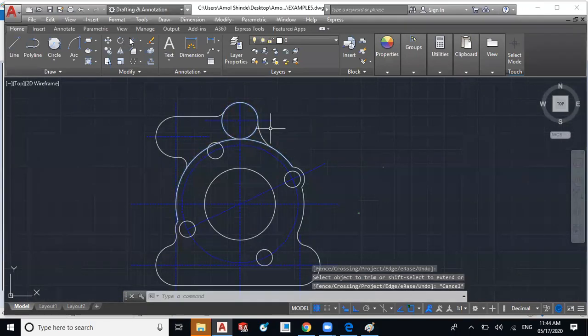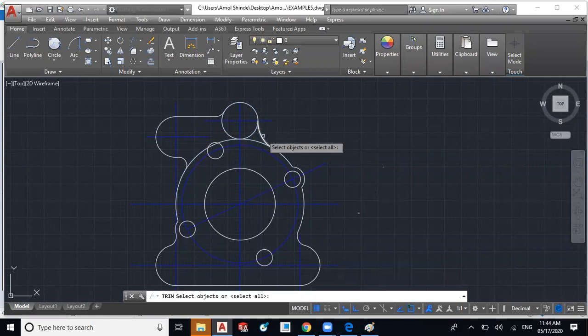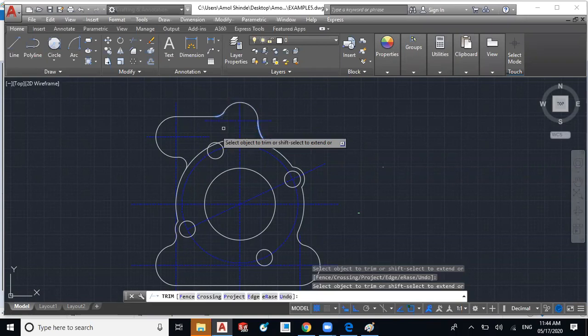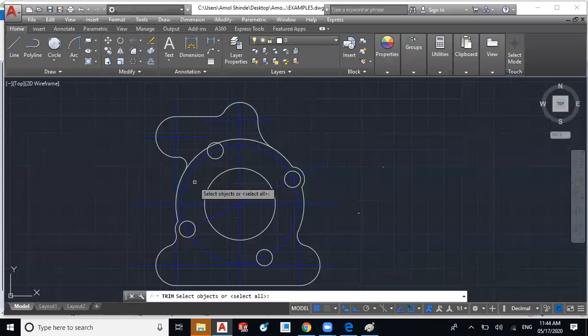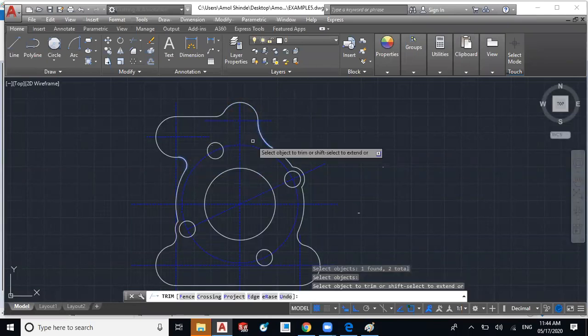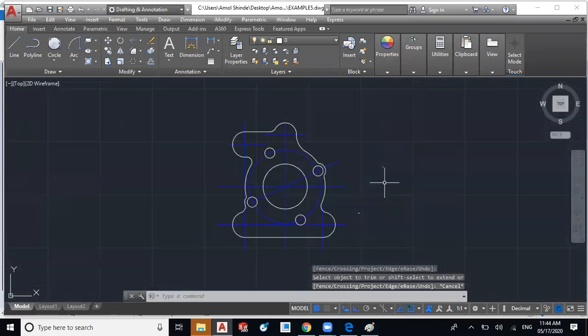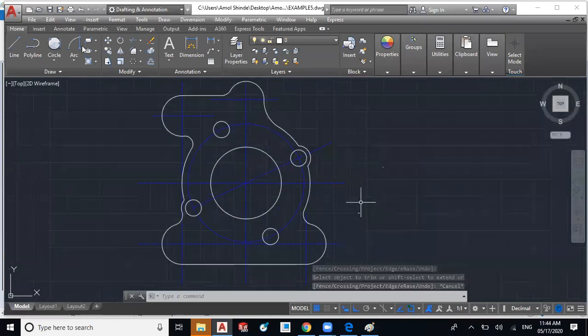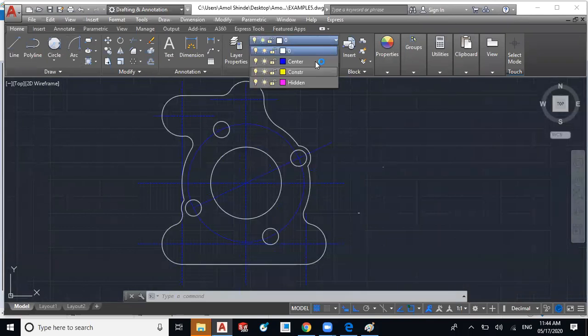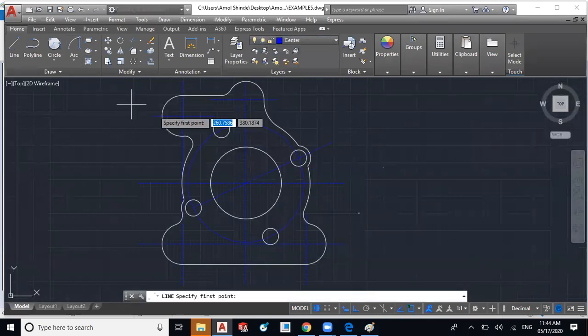Now we have to trim that circular portion inside it. So we'll select the arc and this arc and trim this part. Okay, so we have generated this part, and we have to trim this circular section. So we'll use the cutting edges as these arcs, and we will trim the part. So we have generated the outline of that part, and we have to draw the center line to these